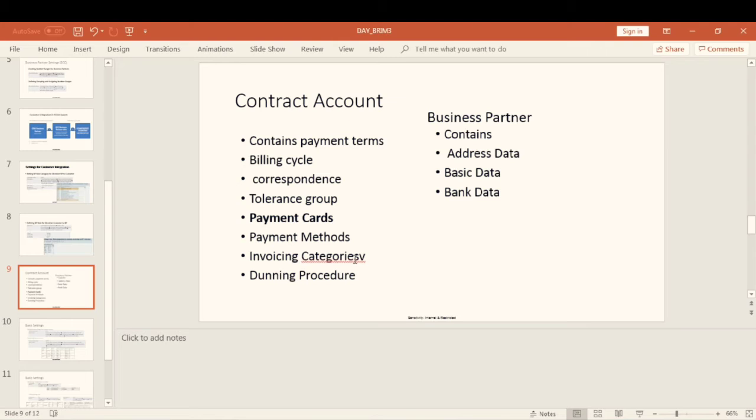Madam, one question. Actually, in FI or SD we create an enterprise structure, like company code, sales area. Here also, is an organization structure there or not, madam? In brief. Organization, yes, that will be there. Company code and plant are used to transfer the goods. That is dealt with by SD or FI consultants. We are not dealing with that. It is completely related to MM and SD consultants, not at all related to us.